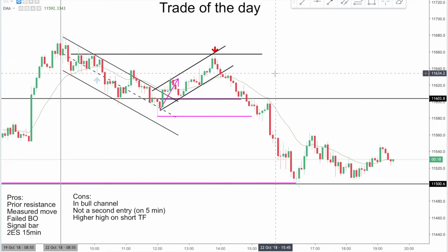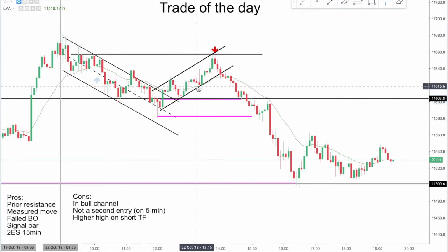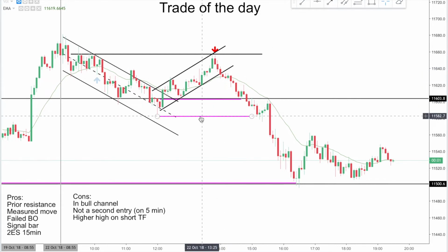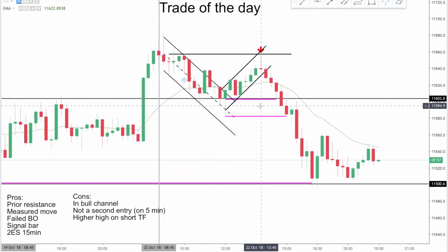What you would like to have seen is that this was a second entry short as well. But you have this two-legged correction, and that is in essence a nested second entry short. But if you look at the 15-minute time frame, let's see if that pops up there. On the 15-minute time frame right here,